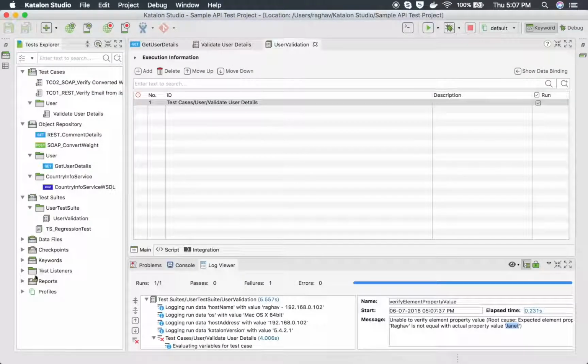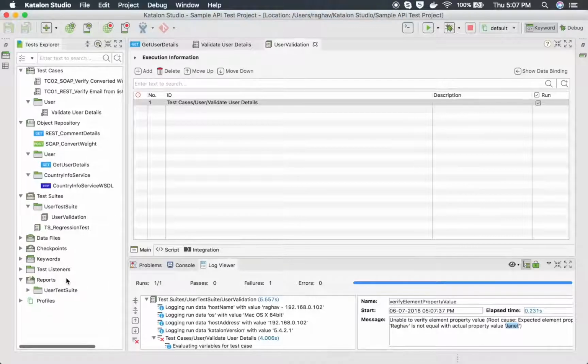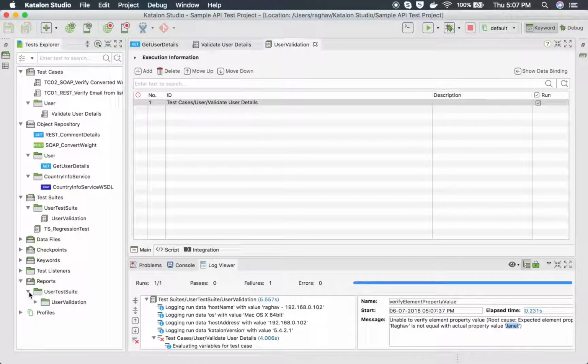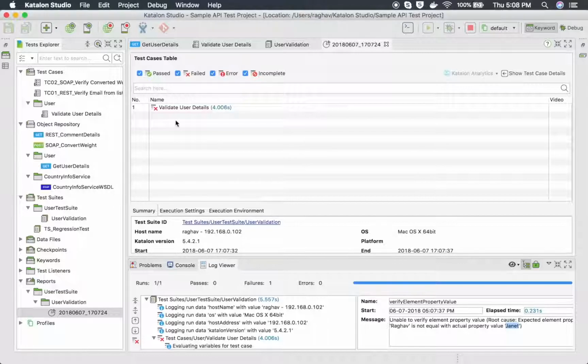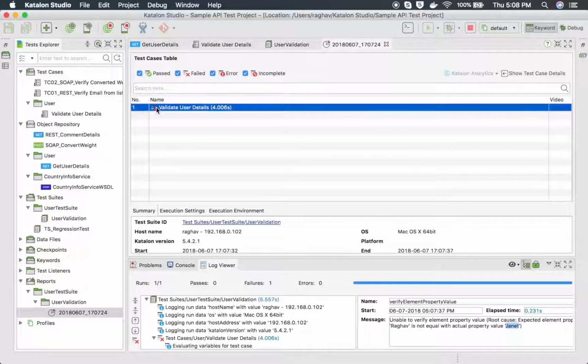And now if you go to the reports, you will see this reports, and again it is inside user test suite folder, user validation, and this is the report. So you can open this report and you can see it shows one test case which has failed. You can look at the summary